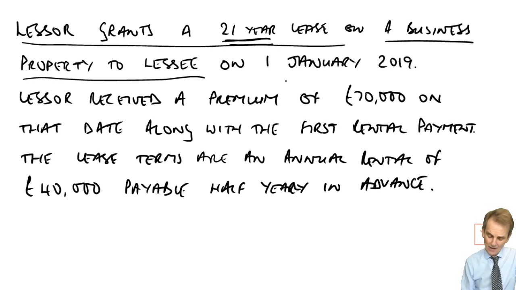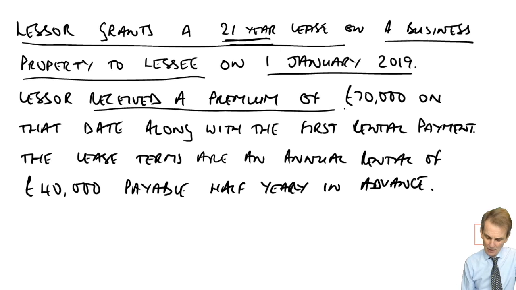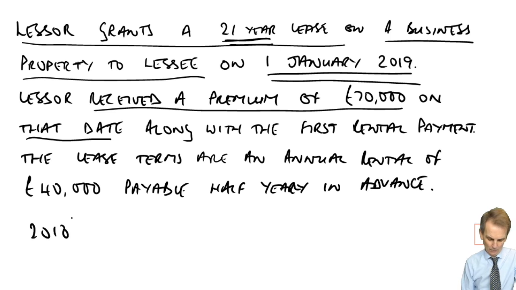And what happens? It's granted on the 1st of January 19, and the terms of the lease are: the lessor received a premium of £70,000 on that date. There's the one-off premium receipt. We are going to have to work out how much of it is to be treated as income, and what will be the income assessment in, well, 1st of January 19, we of course are going to be looking for our